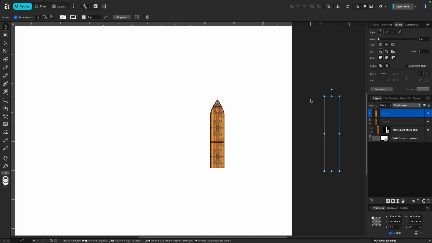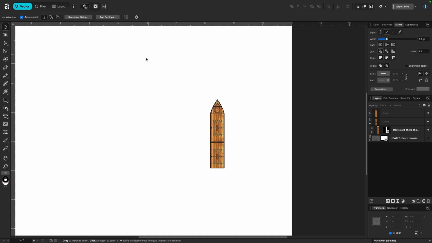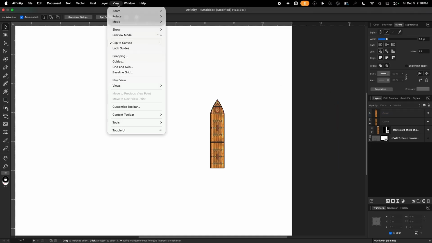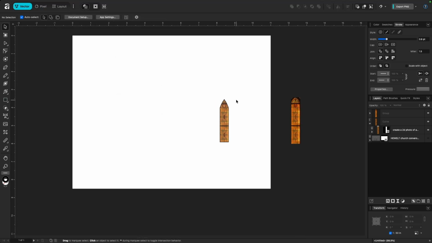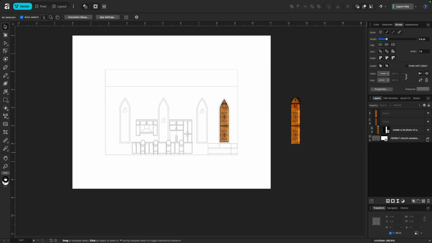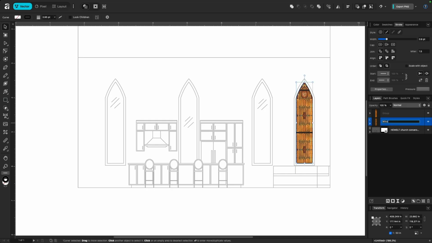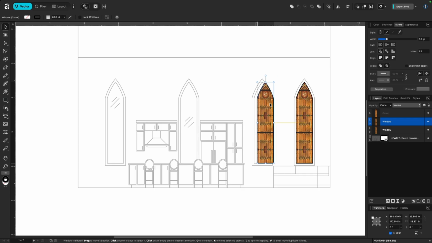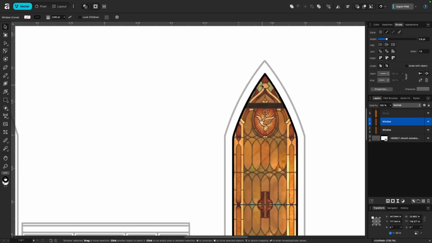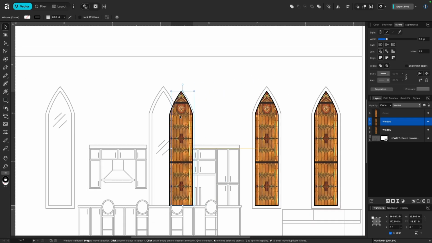This is something we can move onto the side. Then this cannot be printed. We don't see it anymore, but you could go to view and turn off clip to canvas. Then you see all your assets you have outside your page. We can turn on our elevation view, double click. We can rename this and then copy and paste. Let's turn snapping on, move this and hold shift. And one more